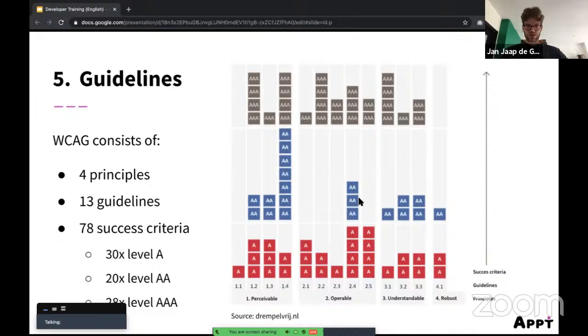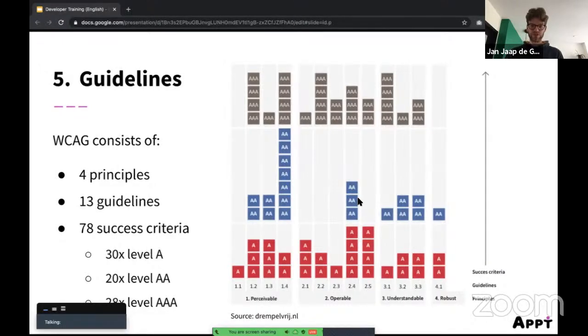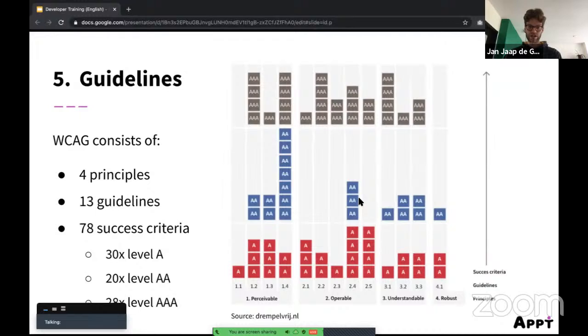But to summarize, there are 4 principles. The first one is perceivable, second is operable, third is understandable, and fourth is robust. Each of these principles has guidelines, and each guideline has success criteria. Those are the blocks you see on the screen.